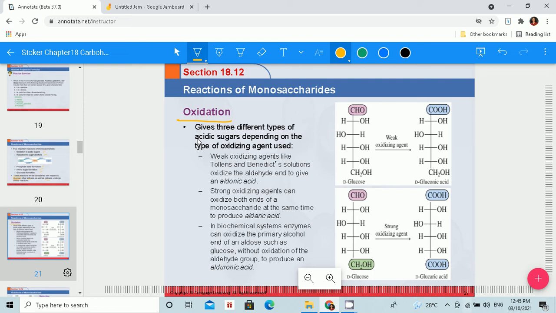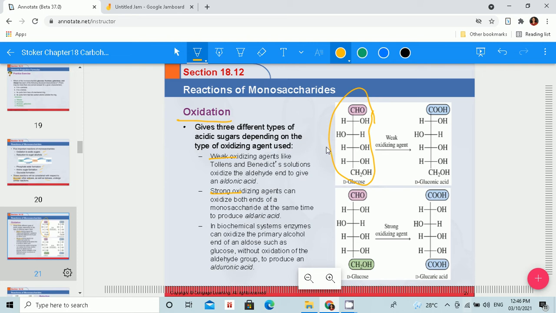With an oxidation, it is an addition of our oxidizing agent. It could be a weak or a strong oxidizing agent. The oxidation gives three different types of acidic sugars depending on the type of oxidizing agent. So if we have here our glucose, and we use a weak oxidizing agent,